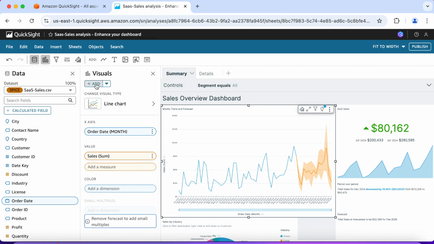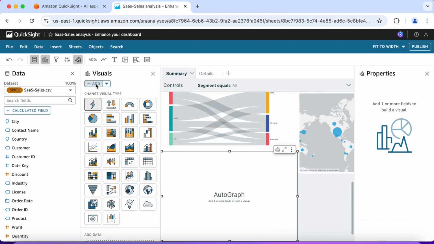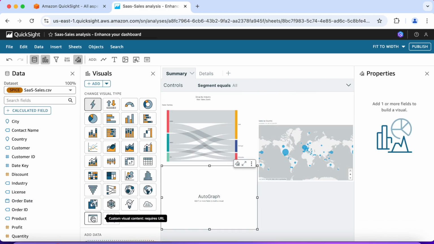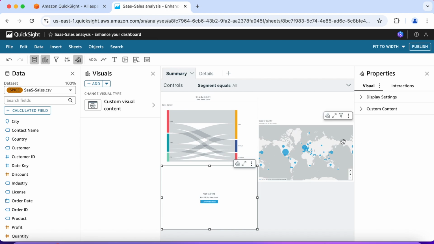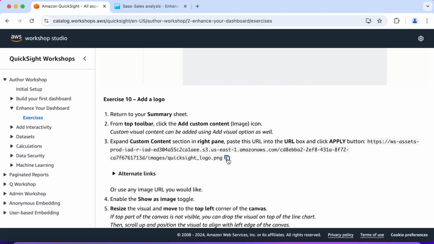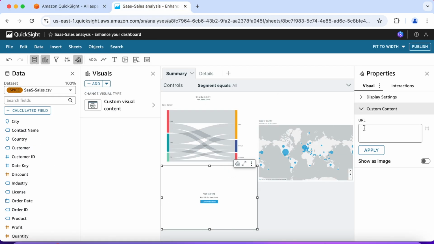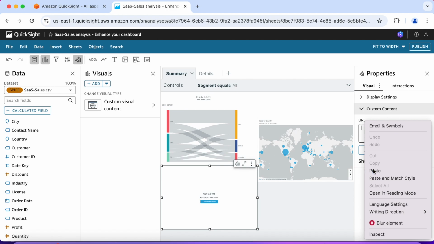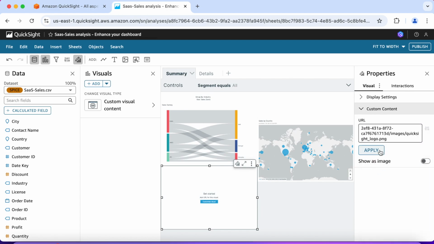So let's go ahead and click on Add Visual, and click on the Custom Visual Content icon. Custom Content drop-down, URL box. And let's go back to the workshop and copy that URL and paste it into the box. Okay, and let's click apply